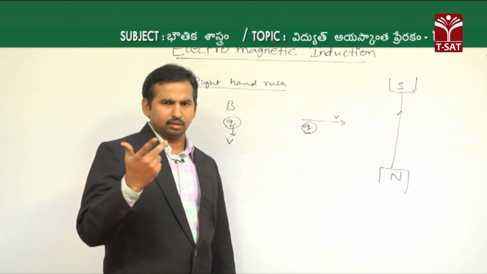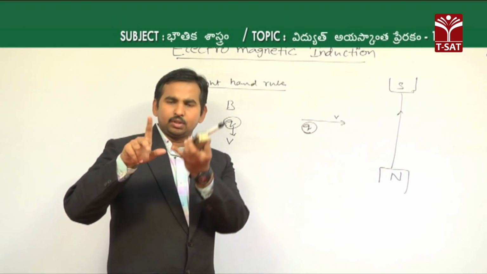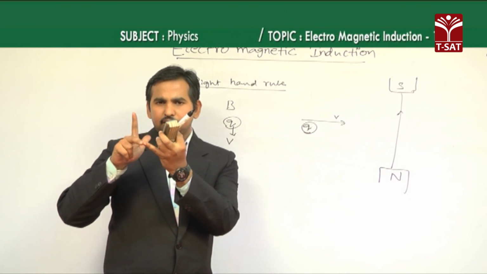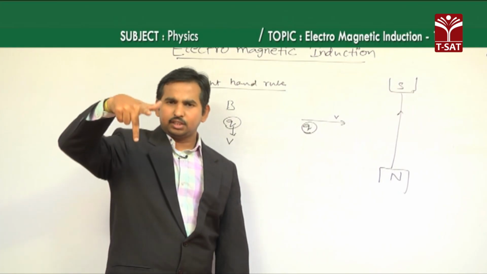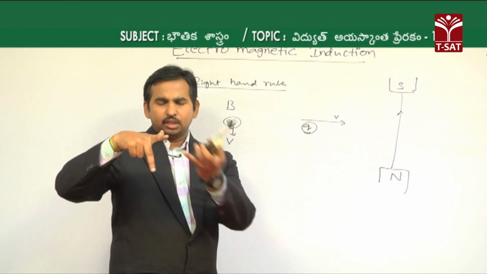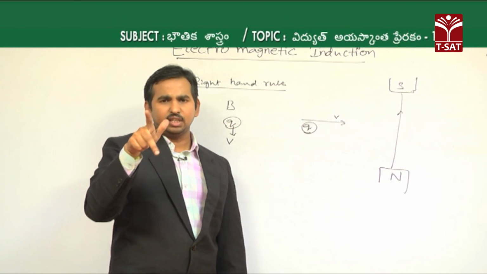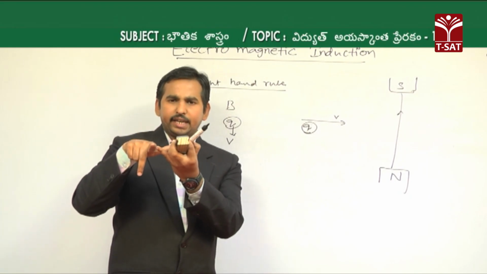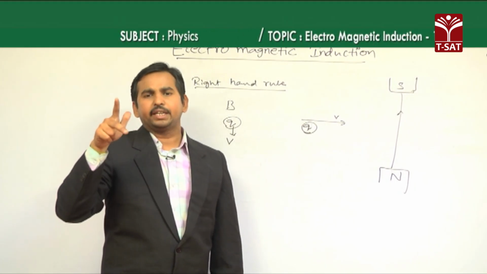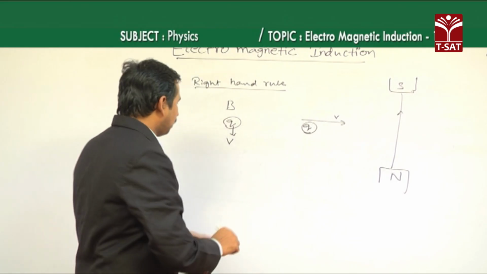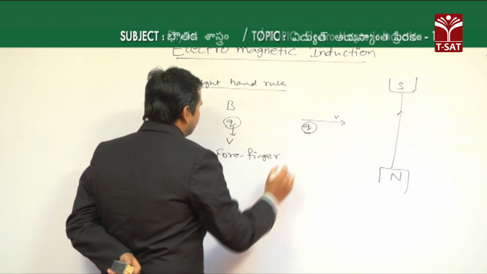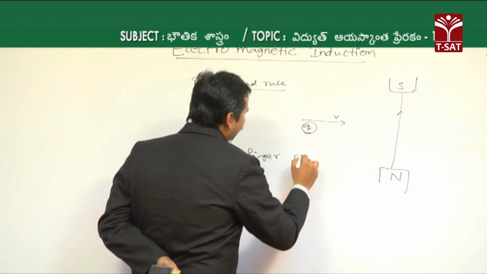So we have to take the thumb, the forefinger and the middle finger. Okay, so thumb, forefinger and this is the middle finger. Then stretch these three in mutually perpendicular directions, all three. Now always remember, this forefinger represents the direction of the current. Whereas this middle finger represents the direction of the magnetic field strength. So always the forefinger, or the pointed finger, represents the direction of current or the direction of the charge,